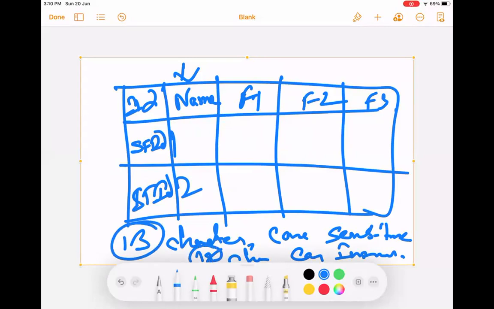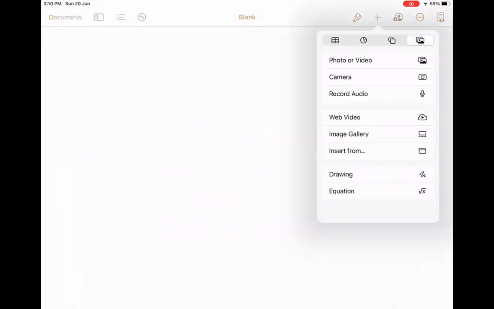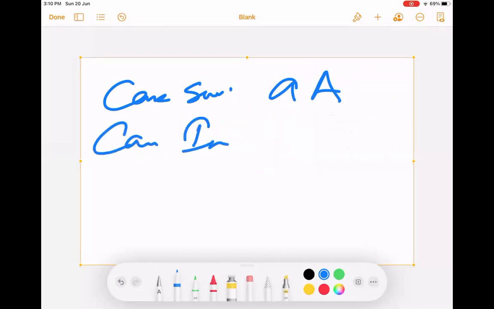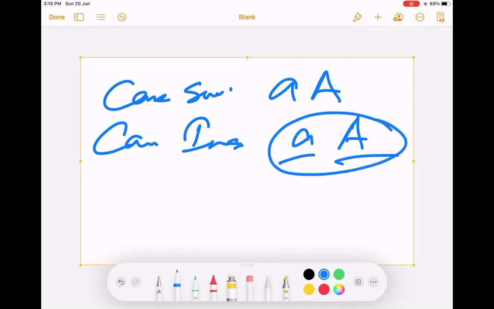What is case sensitive and case insensitive? Case sensitive means uppercase A and lowercase a are different characters. If it is case insensitive, then A and a are the same characters. So whether it is uppercase or lowercase, it does not matter; it will be treated as the same value.